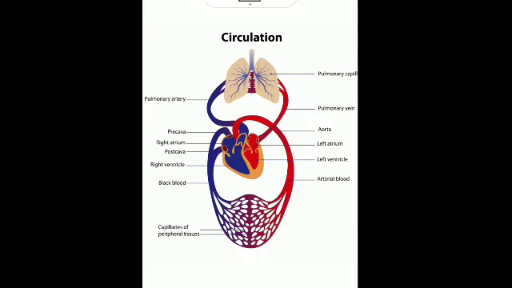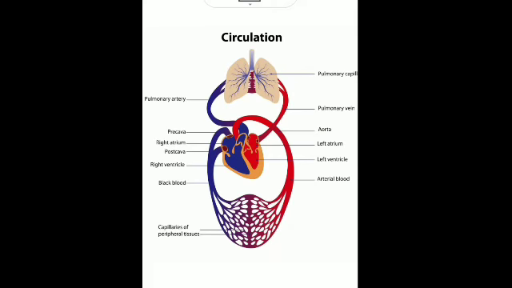So this is what is happening: with relaxation, they get filled with blood, and with contraction, the blood is pushed out of them, and both the atria contract and relax together. Similarly, both the ventricles contract and relax together. Is it clear? So the contraction of the atria is followed by the contraction of the ventricles. First, you can see the contraction of the atria took place, and then the contraction of the ventricles, and after the relaxation of the atrium, the relaxation of the ventricle took place.